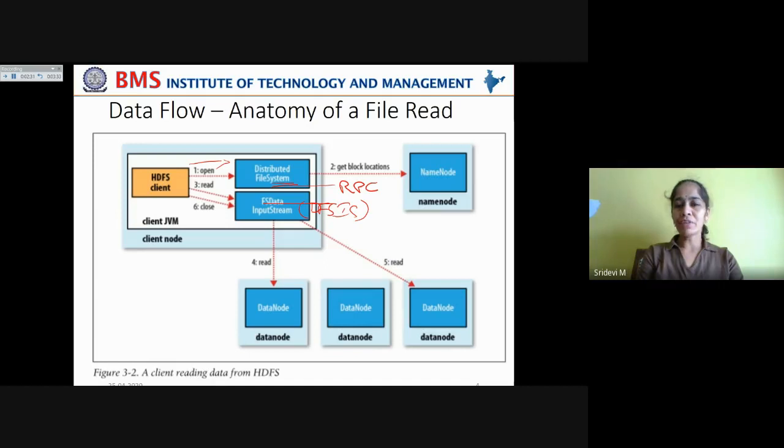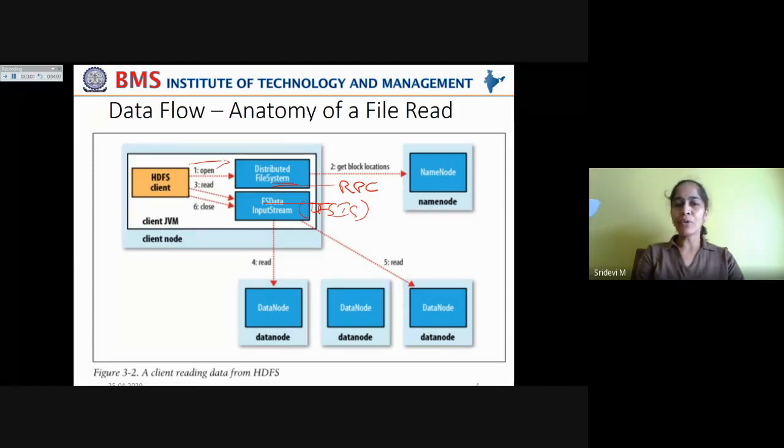This FS data input stream in turn wraps the DFS input stream object, the distributed file system input stream, which is actually responsible for managing the data node and name node input output operations. Now, when this FS data input stream is ready with all the block addresses on the data nodes, it will check for the closest data node. It will check for the proximity of the data node to the client.